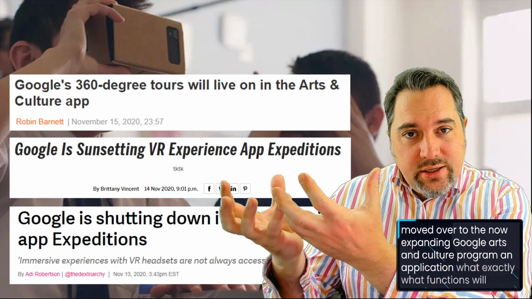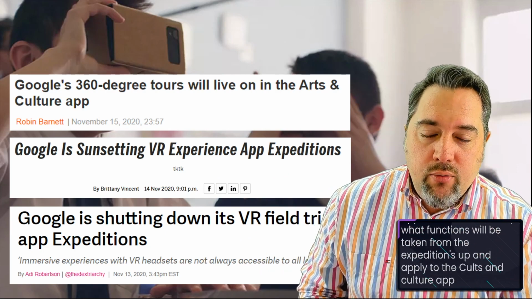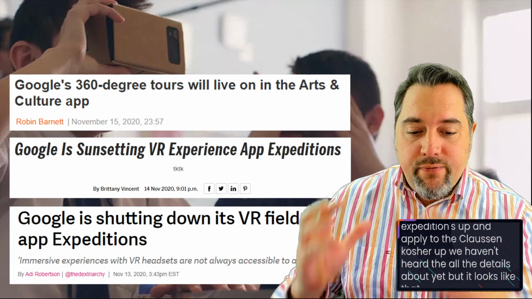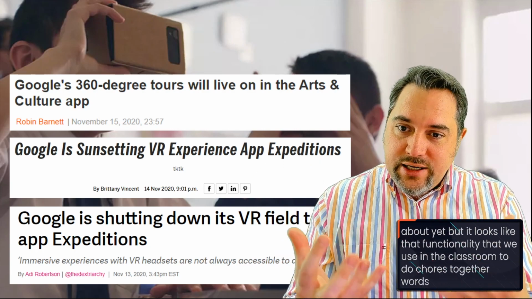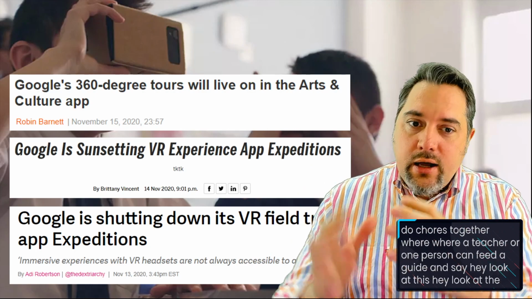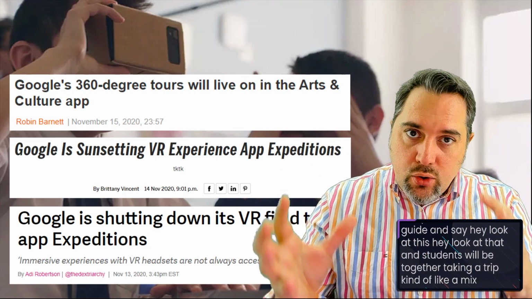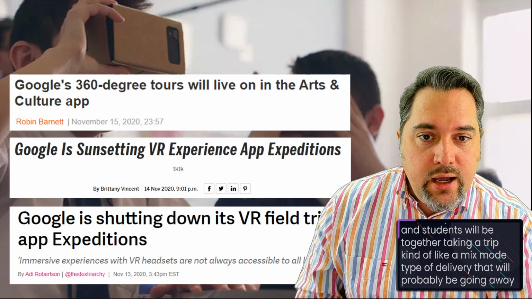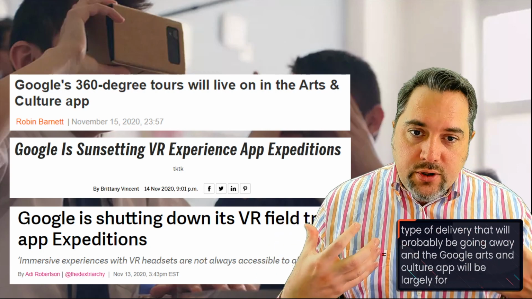What functions will be taken from the Expeditions app and applied to the Arts and Culture app? We haven't heard all the details about yet, but it looks like that functionality that we use in the classroom to do tours together, where a teacher or one person can be the guide and say, hey, look at this, hey, look at that, and students will be together taking a virtual trip, kind of like a mixed mode type of delivery. That will probably be going away,